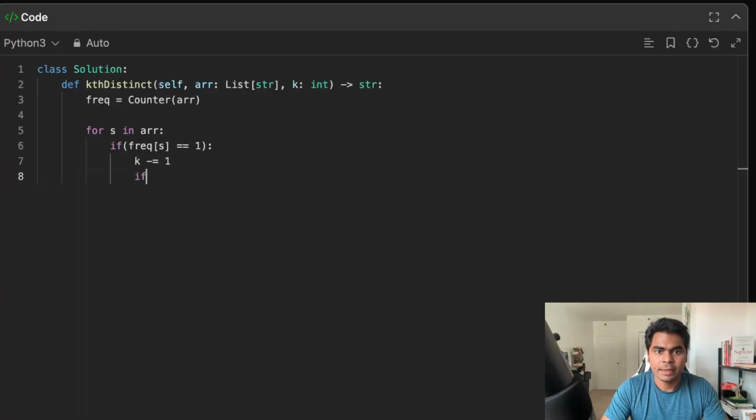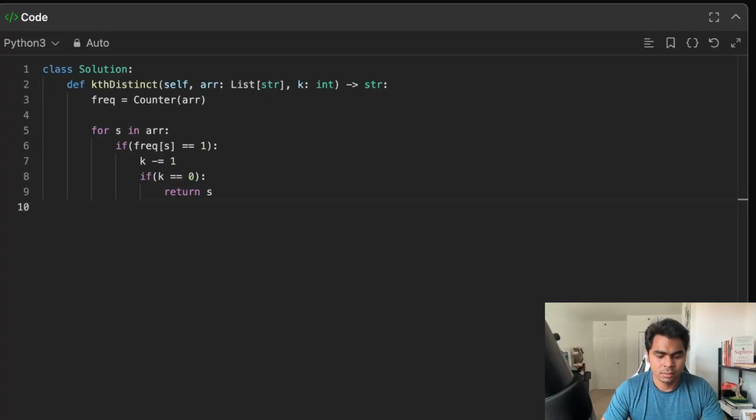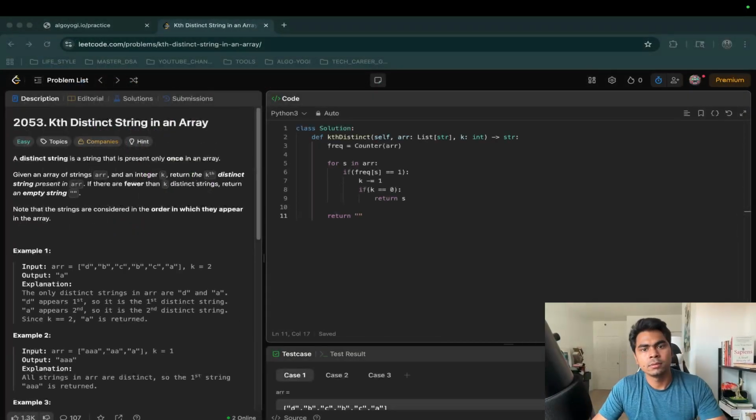If my k becomes 0, that means this is the string I had to return, so I will return the current s. Otherwise, I will return an empty string. That's it. Let's zoom out, submit it,